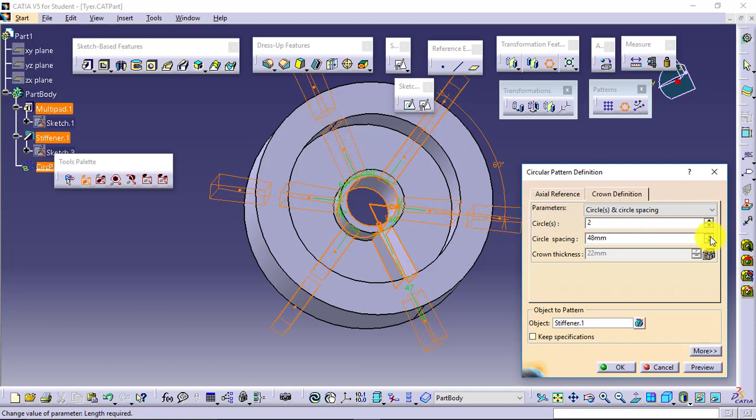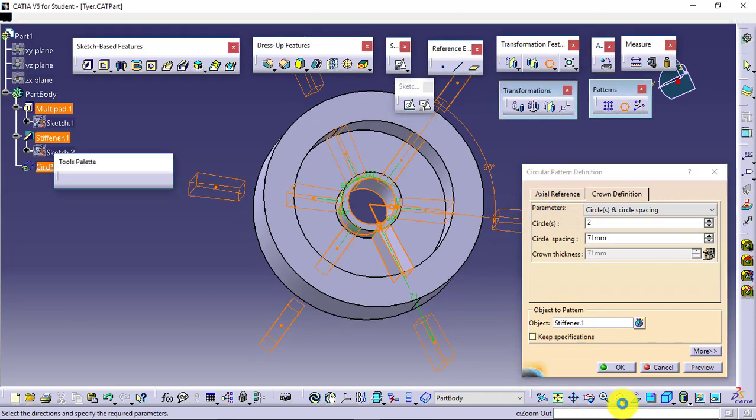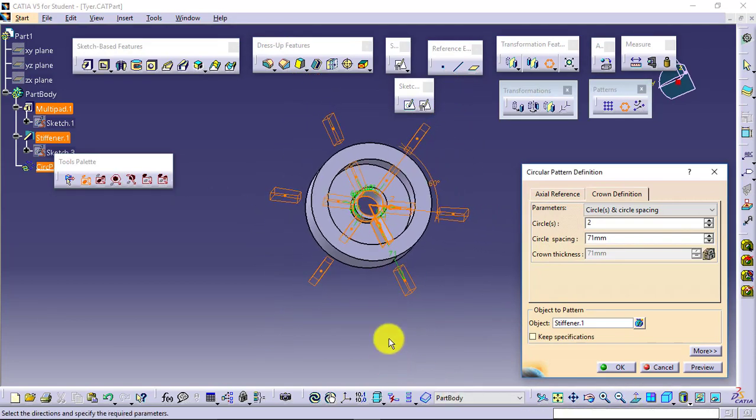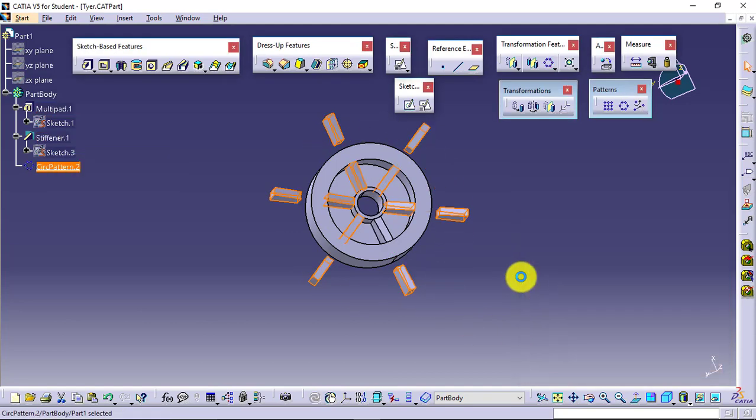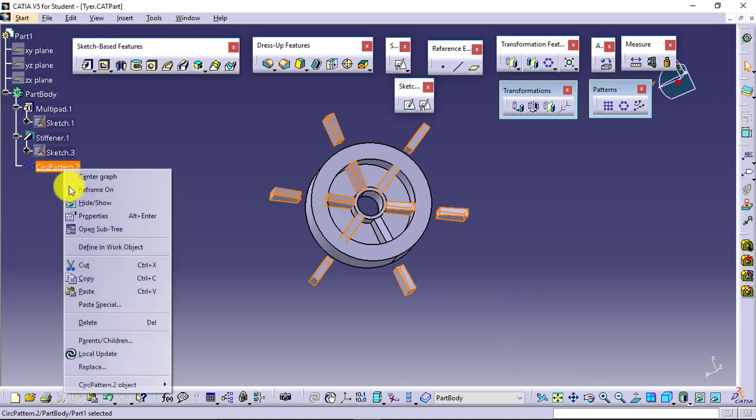You can see in the preview I am able to get the result. I'll just zoom out for you. You see this. This is the first crown, this is the second crown. Like this I can get the result. This is what the result is. Again, it will maintain the parent-child relationship. It will maintain all the specification it has.